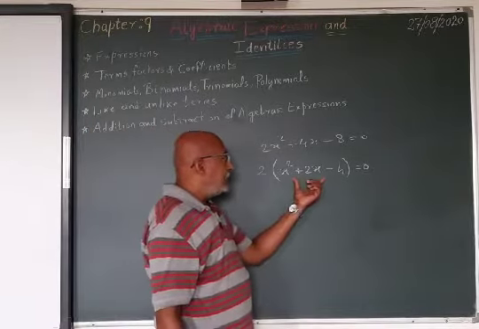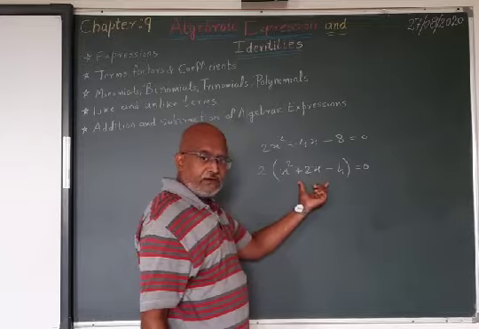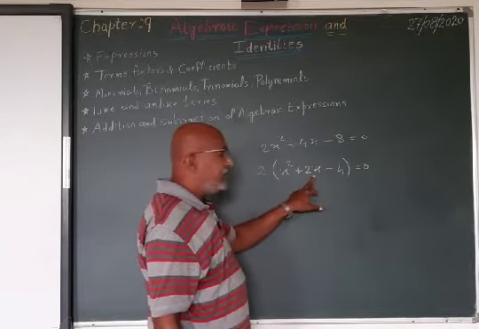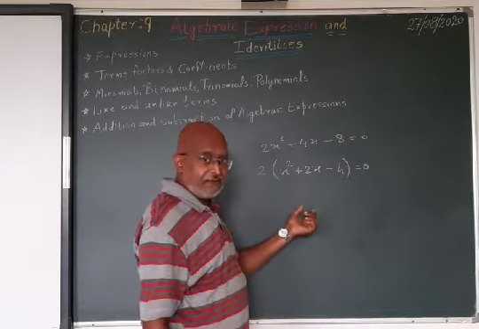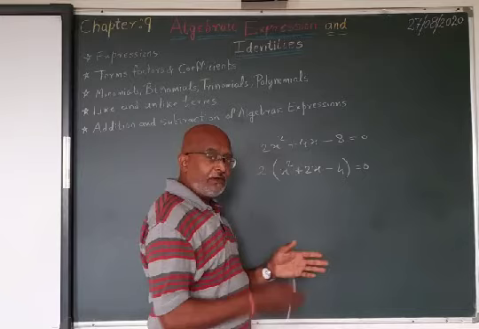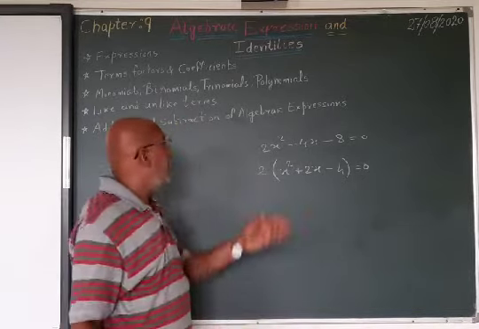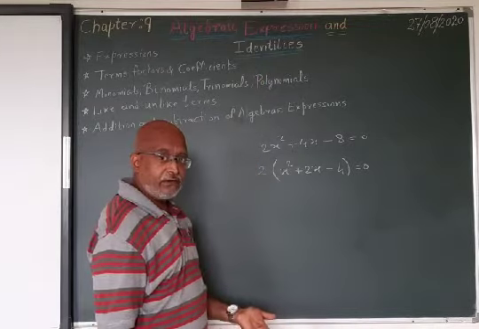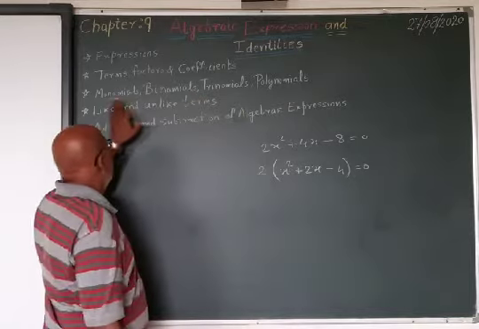Also we can factorize these. But here the central term is different. That part we'll see in the identities. How these algebraic expression can be factorized based on identities. This is the identity part. So that we'll see later on. Got it clear? So these are known as the factors.